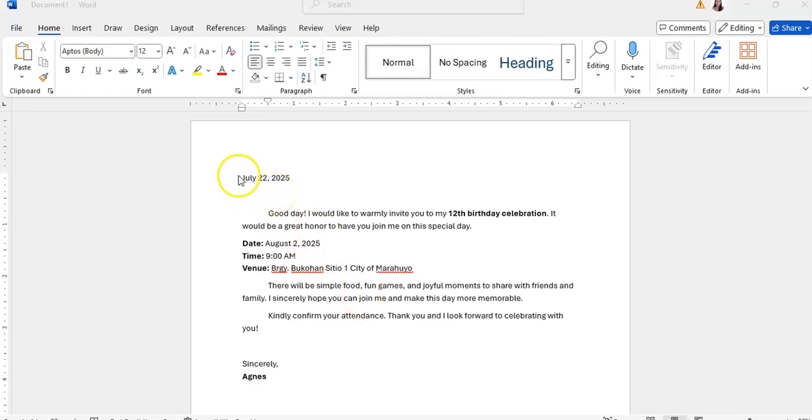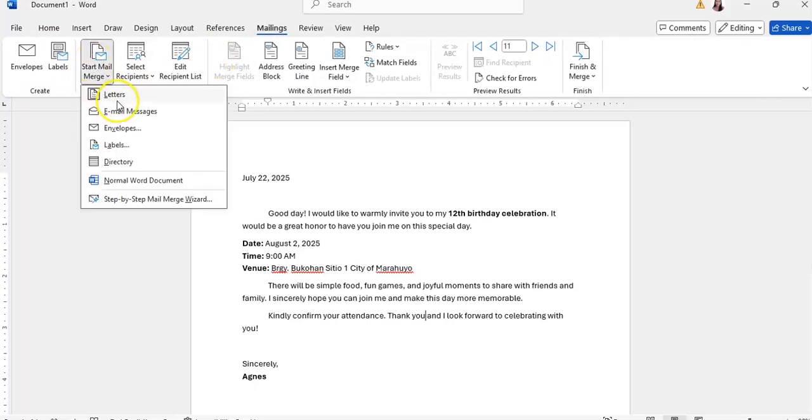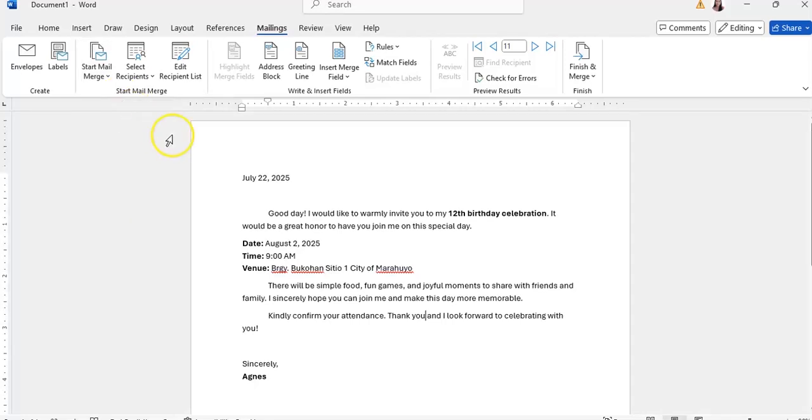First step is to go to the Mailings tab and start Mail Merge. We will be choosing letters since this is a letter, and select recipients. For this example, we will be choosing use an existing list. Before we proceed to the next step, let me show you the list of recipients that I have prepared in